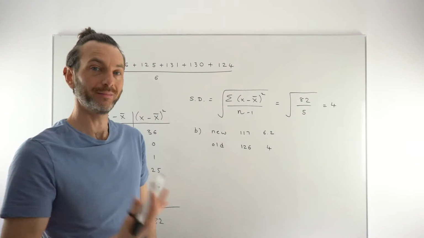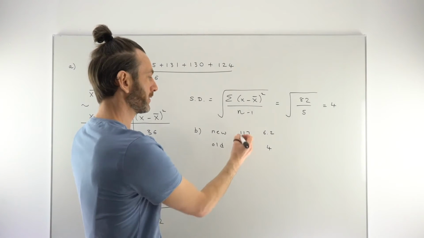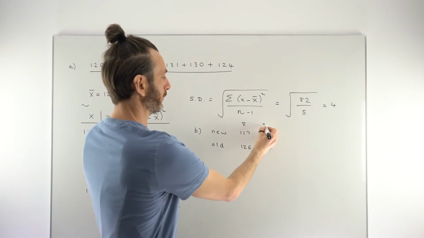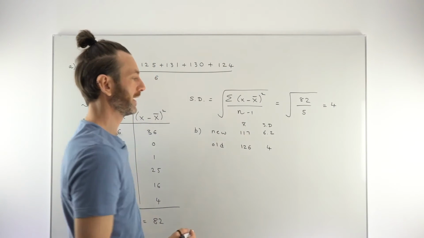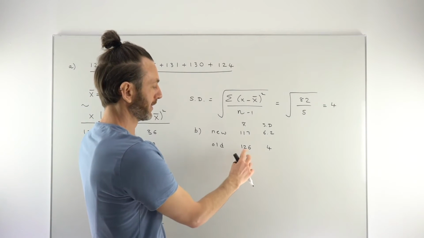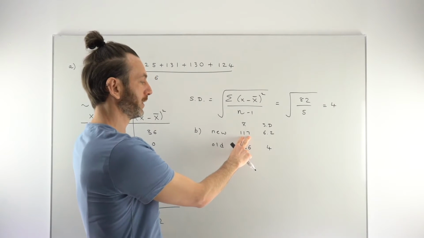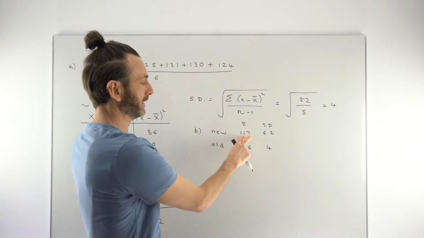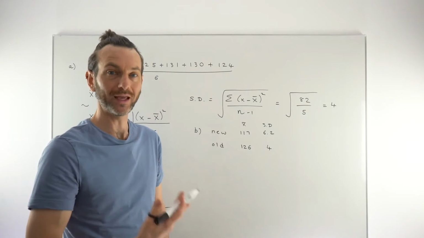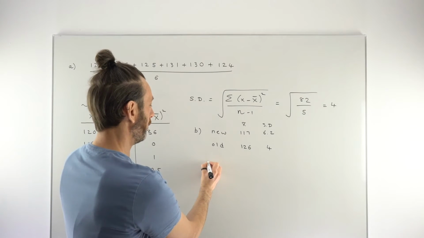So what we're doing in these comparison questions, we want to write a statement by comparing these 2 things. So here we've got the mean, this is like our x bar, and here we've got the standard deviation, and we're just going to go ahead and compare them. So first of all, what has happened here to the mean? Well, it started off in our scenario as being 126. It's gone down to 117 in the new set of data. That means it's decreased. The mean is a measure of average, so you've got to get the keyword average in here. So you can say something like, on average,